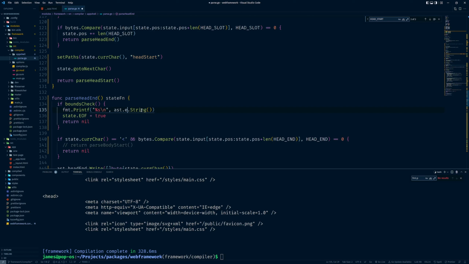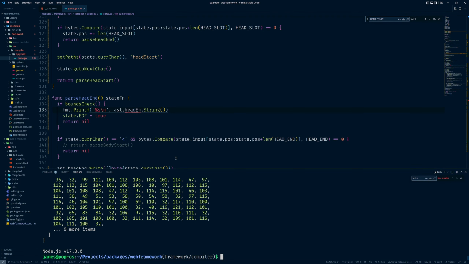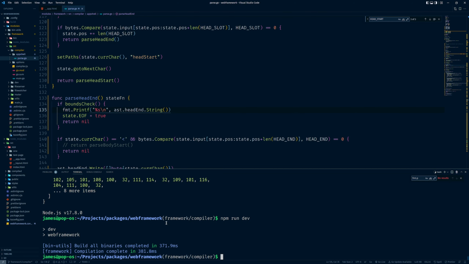So if we do head end, we should just get basically the closing tag because of where our template string is sitting. We do not because